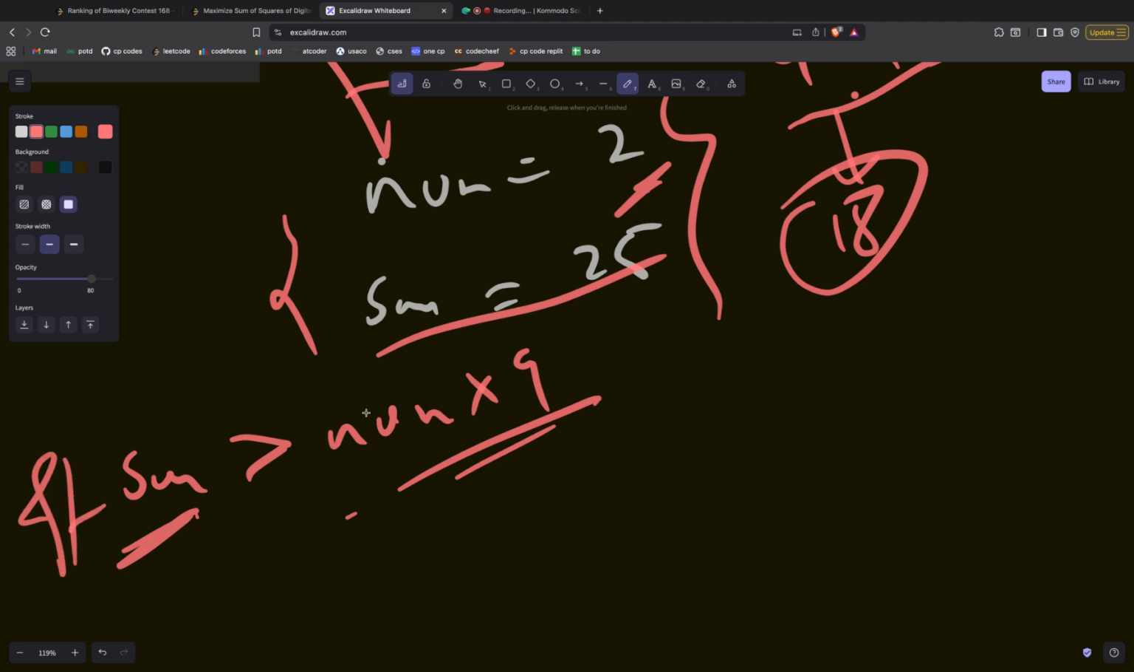So if this is true, we should return empty string. For all else case, you are at least able to create a good string. Now for the good string, you have to maximize the score. Okay. Let's say